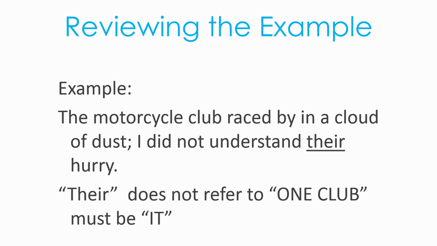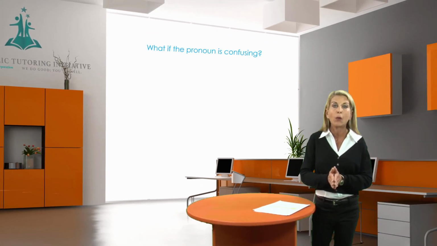Just to review that example, we knew to track down the noun. If we read the sentence and we're not clear what the pronoun is doing, because it could be more than one person doing it, then we have to clear it up and say who we're talking about or what we are talking about instead of using the shortcut pronoun, okay? You are not allowed to use a pronoun if the reader is going to be confused about what you're representing